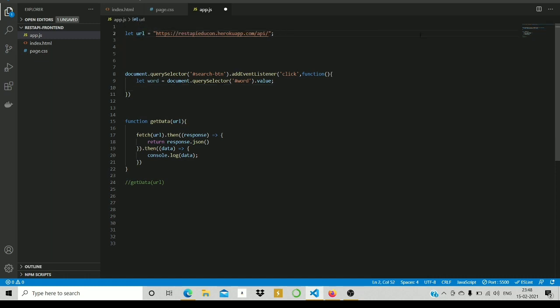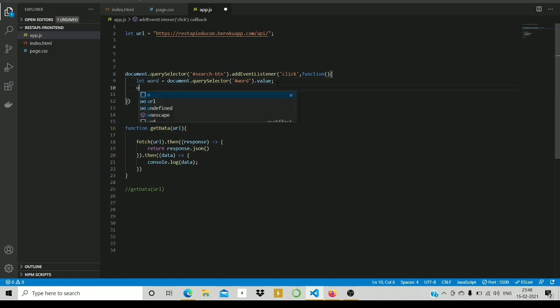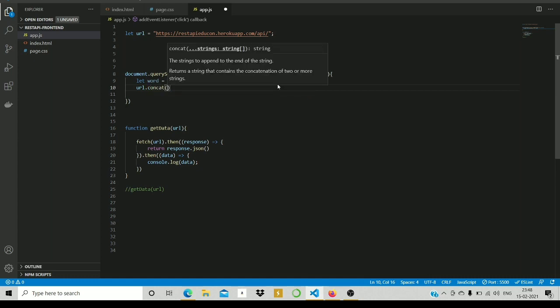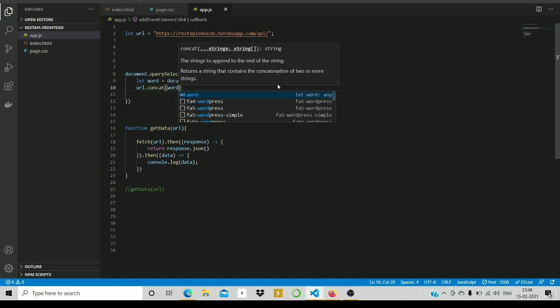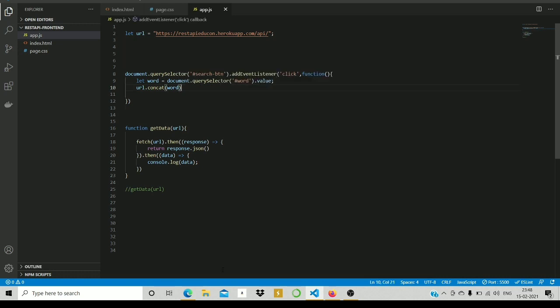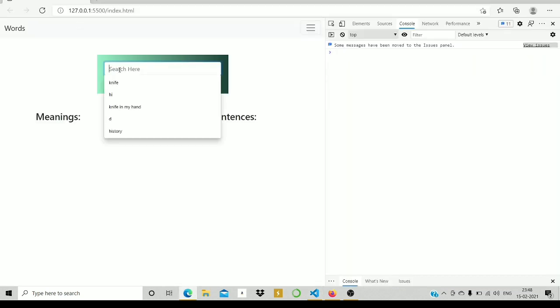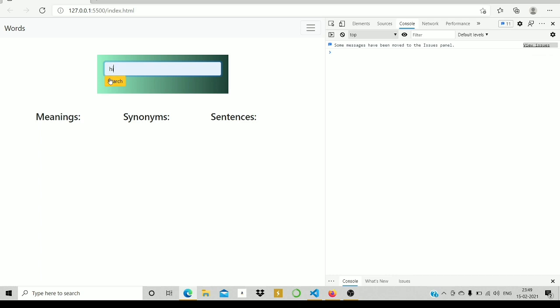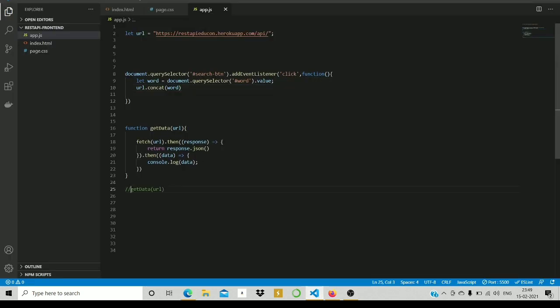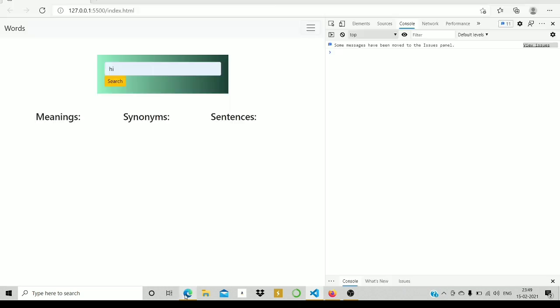This example text will not be there, so API. And now we'll go here and write url.concat. Yeah, here it is, concat, and it will concat with this word, right? If I now say hi, oh, it will not print anything. So I need to call this particular function, right? If I go back and say, let's say, nice,